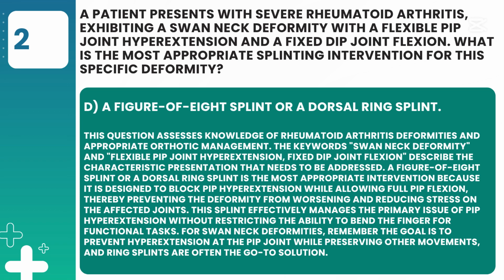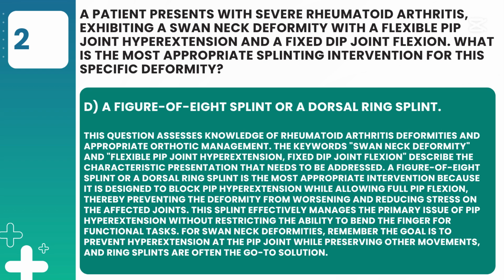This question assesses knowledge of rheumatoid arthritis deformities and appropriate orthotic management. The keywords swan neck deformity and flexible PIP joint hyperextension, fixed DIP joint flexion describe the characteristic presentation that needs to be addressed. A figure of 8 splint or a dorsal ring splint is the most appropriate intervention because it is designed to block PIP hyperextension while allowing full PIP flexion, thereby preventing the deformity from worsening and reducing stress